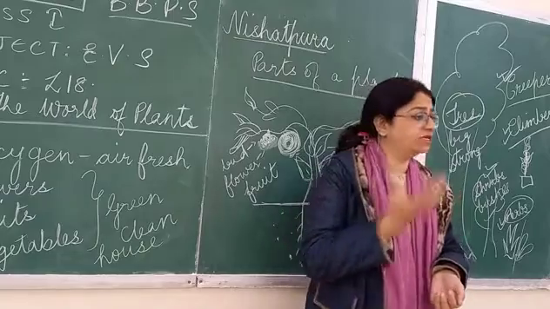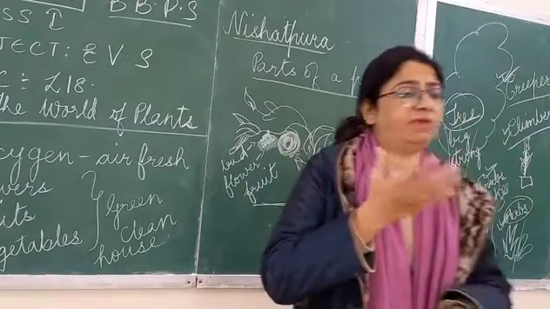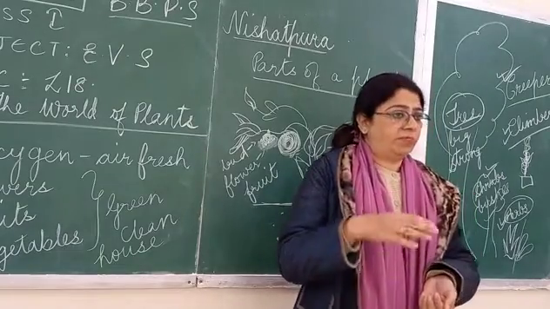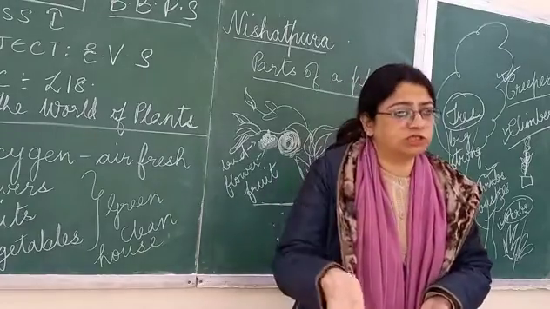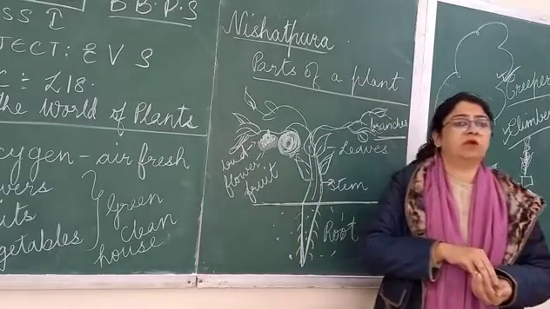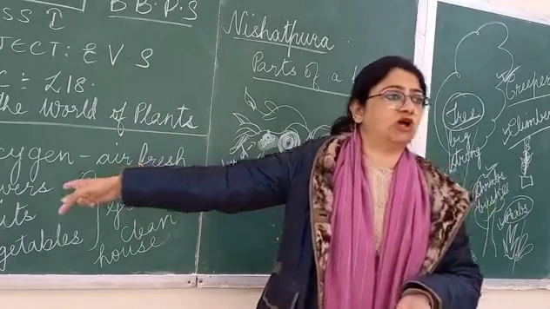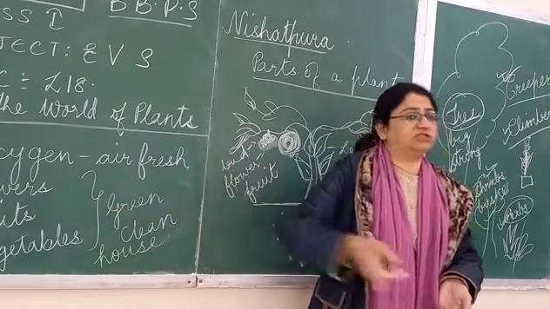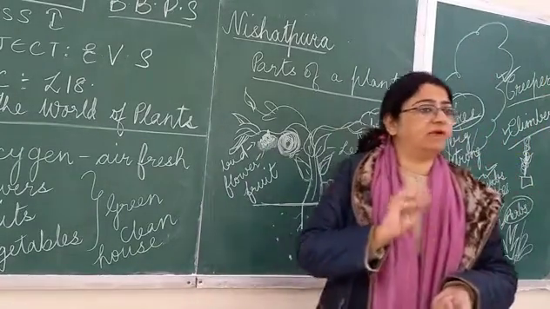Just as we need air to breathe, plants need air. When we breathe in, oxygen is needed. We take in oxygen and we breathe out carbon dioxide. But the plants, when they breathe, they give out oxygen. We get oxygen from them. That is why trees and plants are very important, because they give us oxygen. Trees give us oxygen and they make the air fresh. Trees give out oxygen, which is very important for us and for animals and birds also.